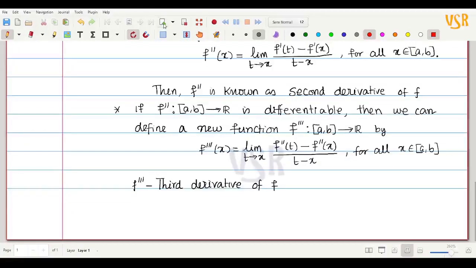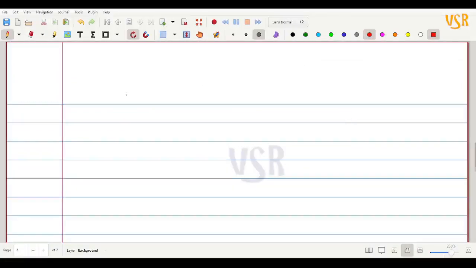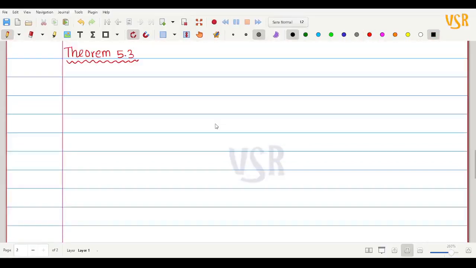Now let us go to the standard theorem. Theorem 5.3, we shall prove. It is something more easy. You could even do this as homework, but anyhow I'll prove this. Suppose that f is a function from the closed interval [a, b] to R, and g is a function from the closed interval [a, b] to R,